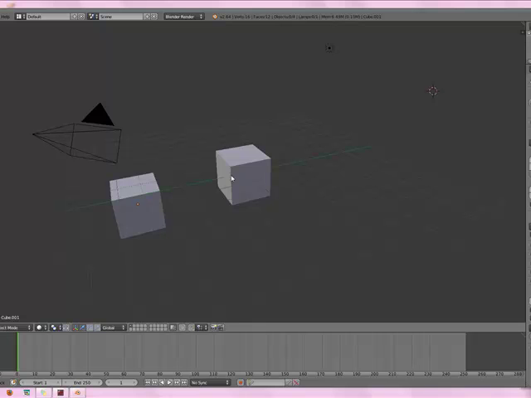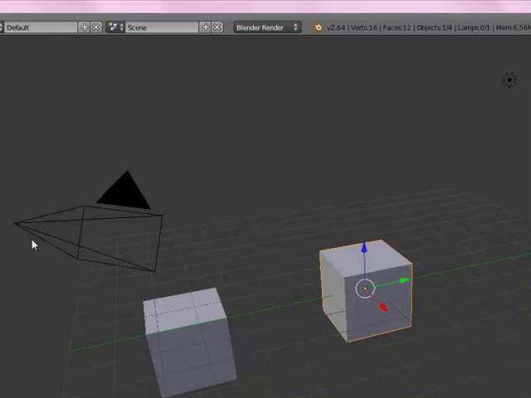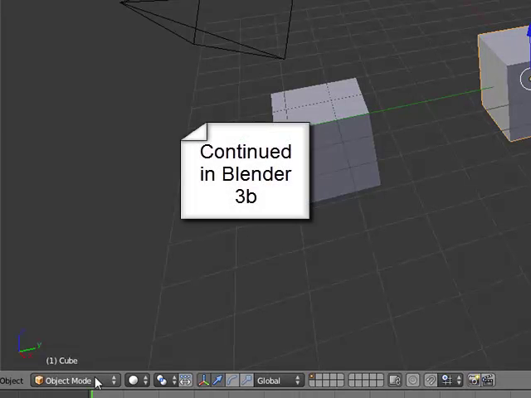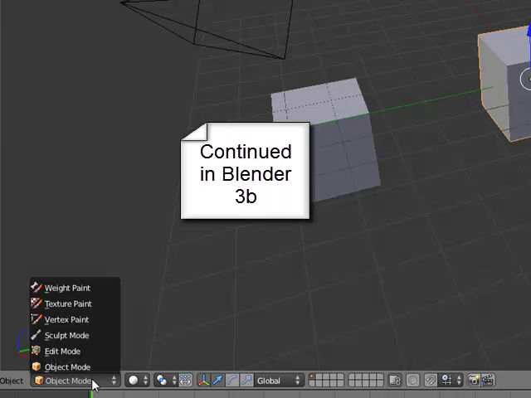And what we do is, if you've got more than one object in the scene as here, you click on the object you want to edit, so that that's highlighted, and then you go into edit mode, and you'll only be operating on that. Everything else in the scene will be immune, really. So to get into edit mode, go down here, click,